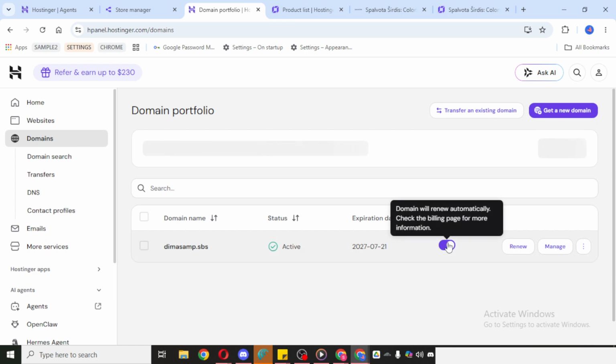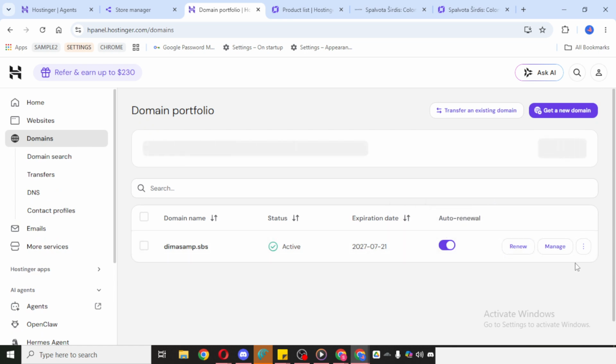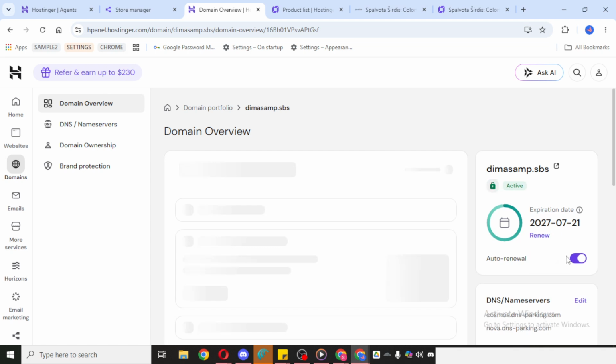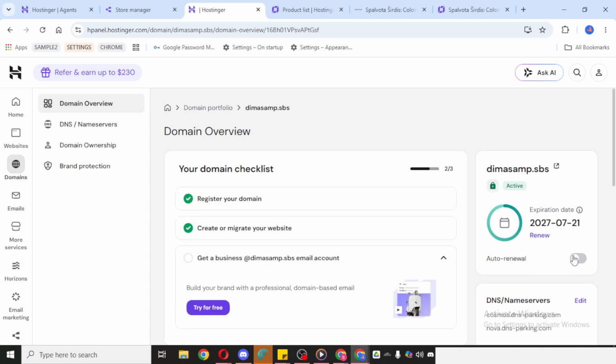This step is important because it helps prevent the domain from renewing automatically while you're working through the change process. At the same time, make sure you keep your subscription active as instructed. In other words, you're turning off automatic renewal, but you're not cancelling the service itself. That distinction matters, so be careful not to accidentally remove anything you still need.